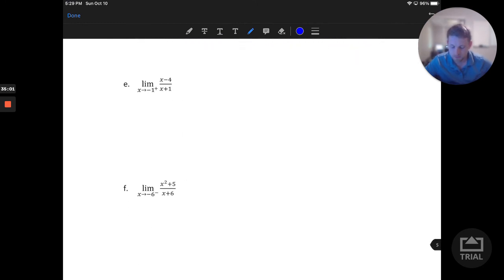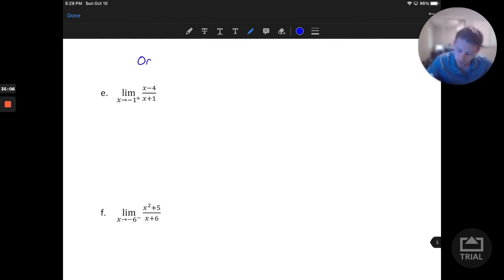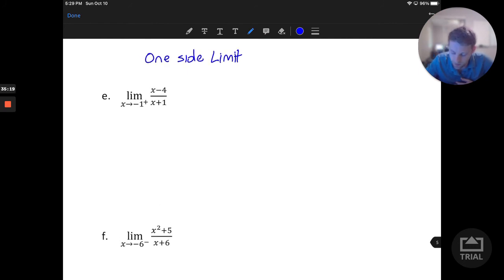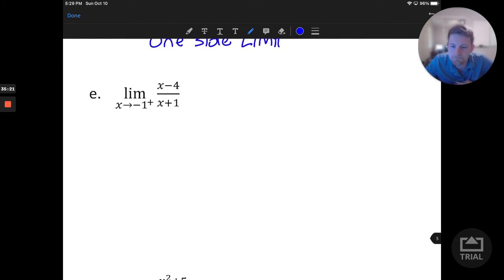The next pair that we will take a look at are one-sided limits. So, one-sided limit technique. Let's take a look at part E first. We'll think about the one-sided limit technique and then consider a second example with it. So if I consider the limit as x approaches -1 from the right of this function, what we should start to think